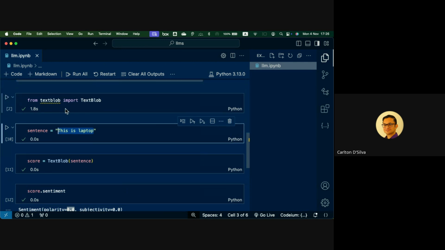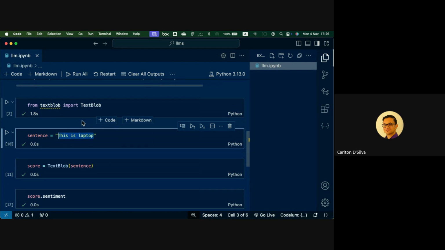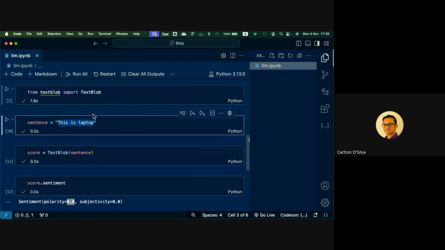And why is TextBlob used? You've seen it's not 100% accurate all the time, but why is this important? What makes TextBlob useful even in the age of LLMs? It's very fast. That's the first thing. It requires very little resources. You can run it on millions of lines of data without any issues, and it will give you a reasonably good idea of the data that you're looking at. So in that sense, this is still relevant even today, even in the age of LLMs.